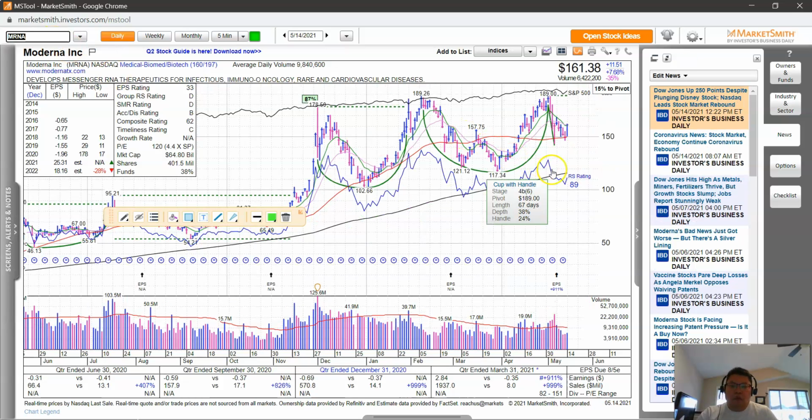Moderna has formed a double base pattern. You can see here, it corrects and then comes back. It looks like a cup pattern, right? And this right now is forming what we call a handle right here. Now, the problem with this handle, again,